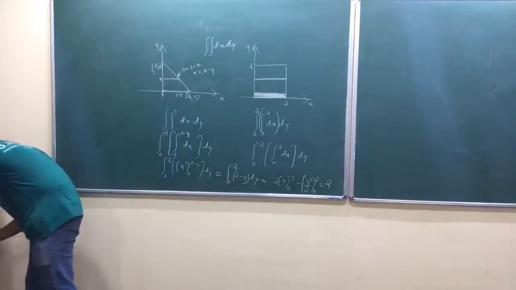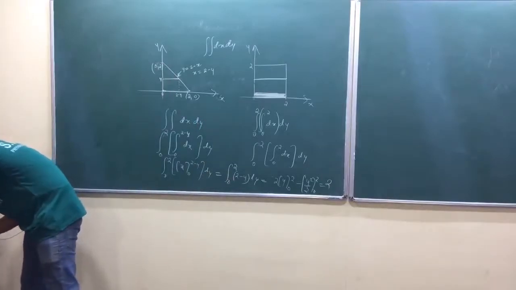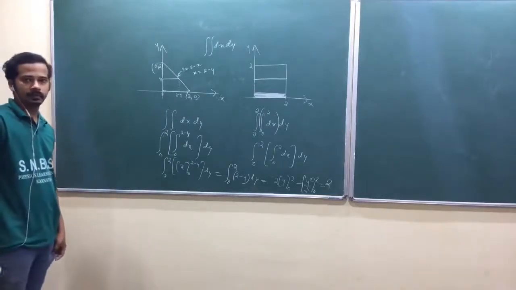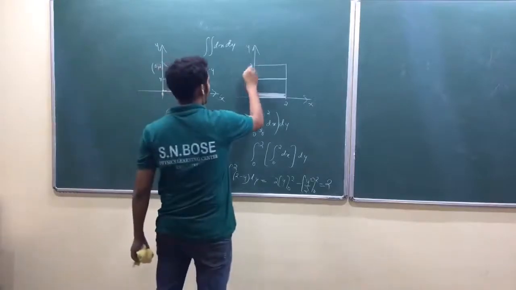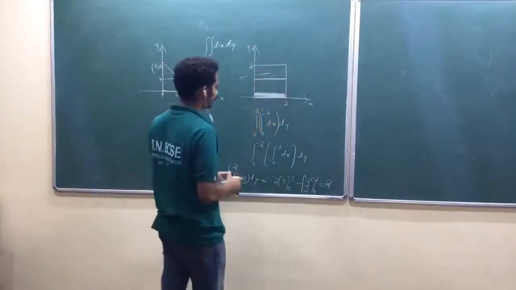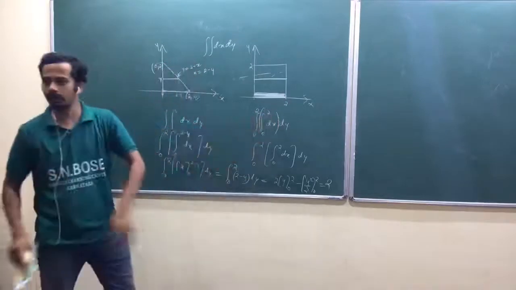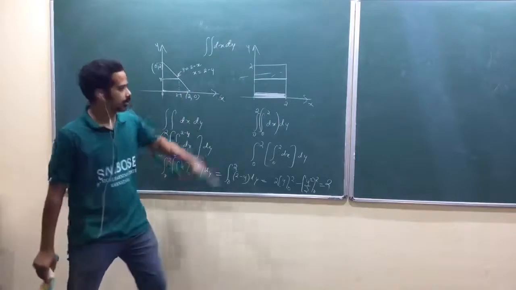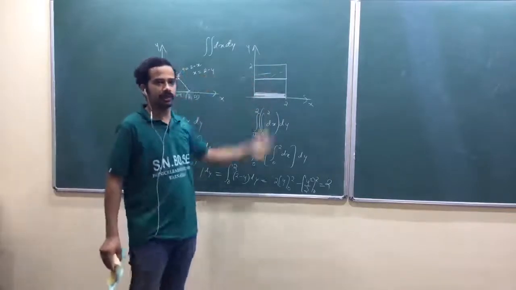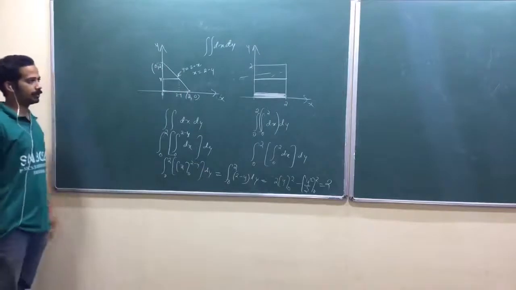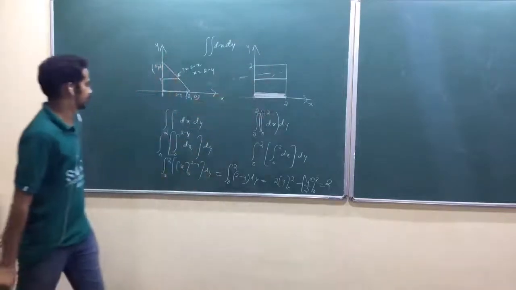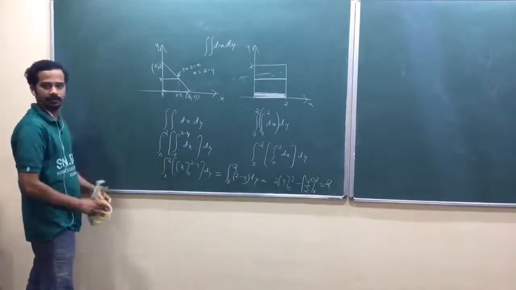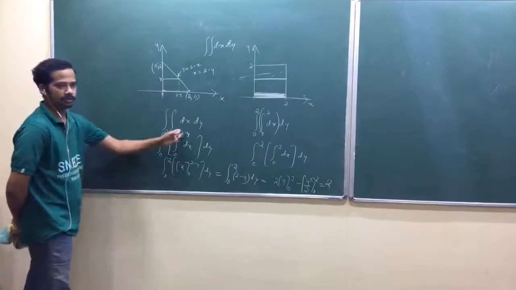One volume integral problem. So any question here? If you need a volume of a cube, then what will you do? First you will do dx dy, then you are going to sweep that one along z axis, isn't it? Adding those areas, that becomes volume. Now here also you have to sweep a line, but that line segment has variable length. So that's how you can do here, isn't it?